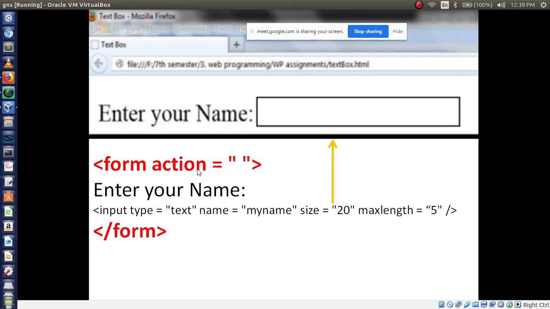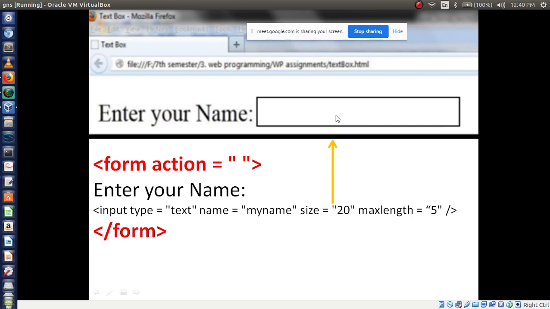Now after using this, what label should I use? Enter your name, enter your username, enter your email ID. These are all kinds of labels we use as per our requirement. So to display this information, I am just using "Enter your name" as it is. After that I want to display a box like this. Which kind of box is it?